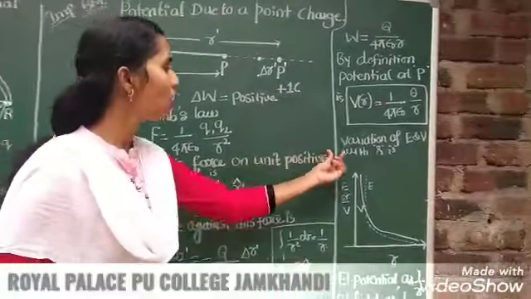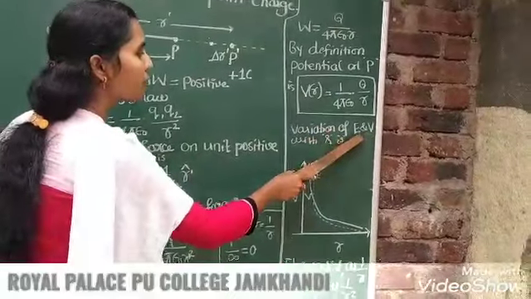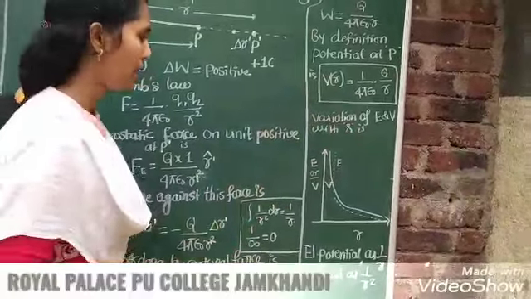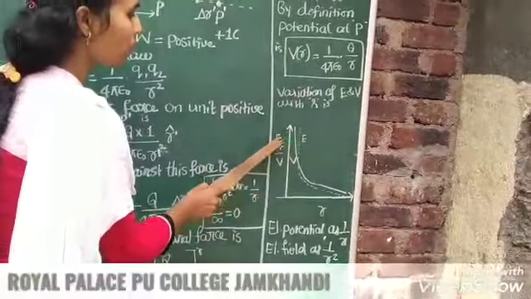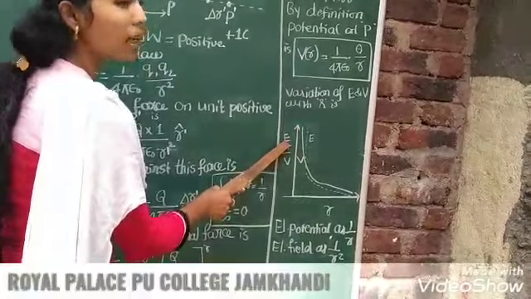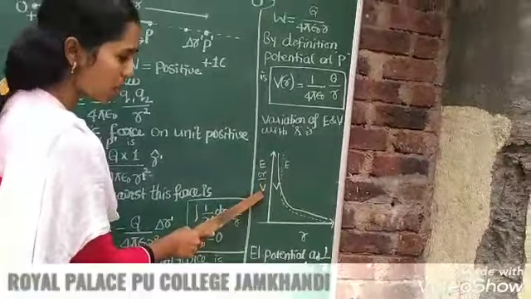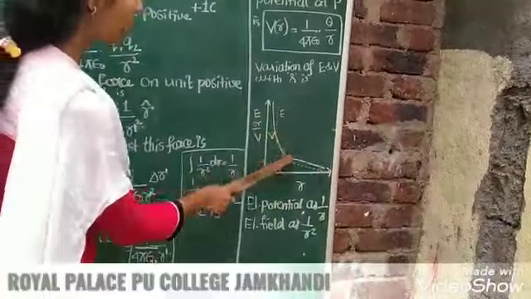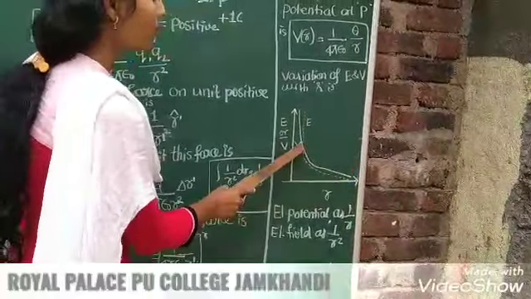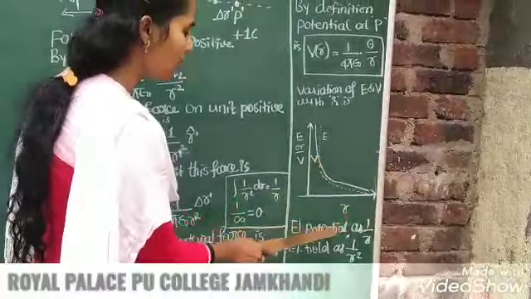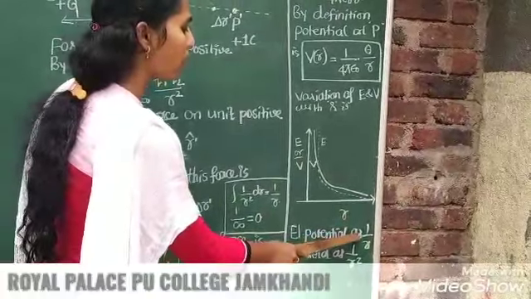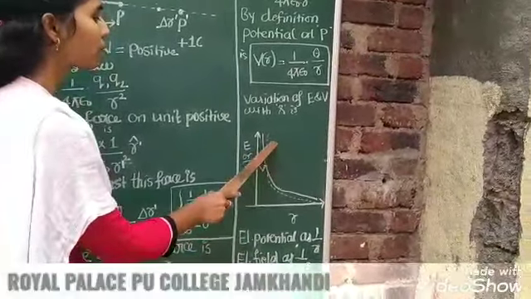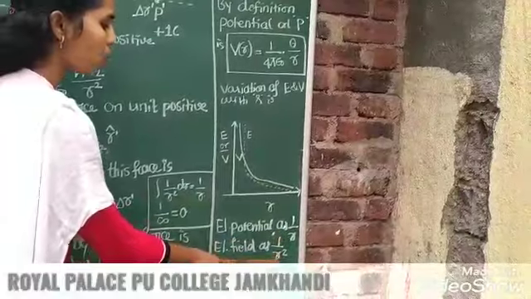Then there is a small graph showing how the electric field and the electric potential change with the distance r. Here is the graph, right? Along the y-axis you can take electric field or the electrostatic potential, and along the x-axis the distance r. You can see here the solid line shows the variation of the potential with r, that is, the electric potential varies as 1 upon r, and similarly the electric field varies as 1 by r